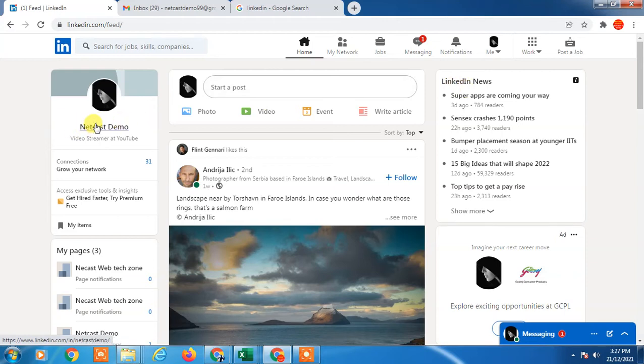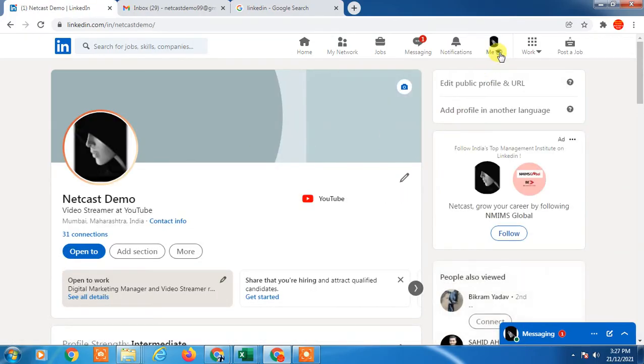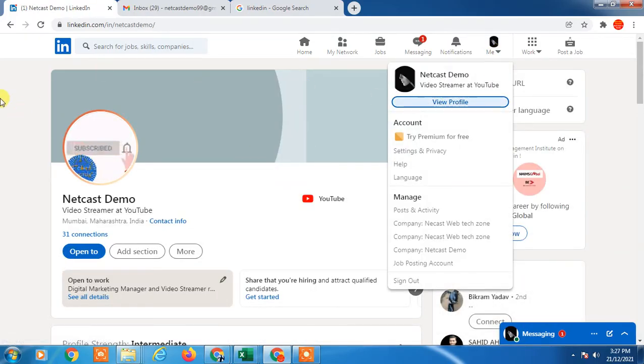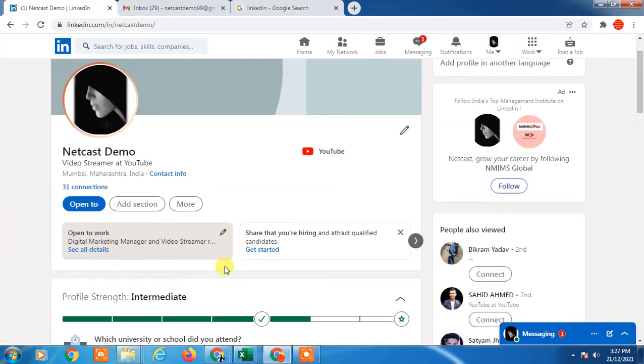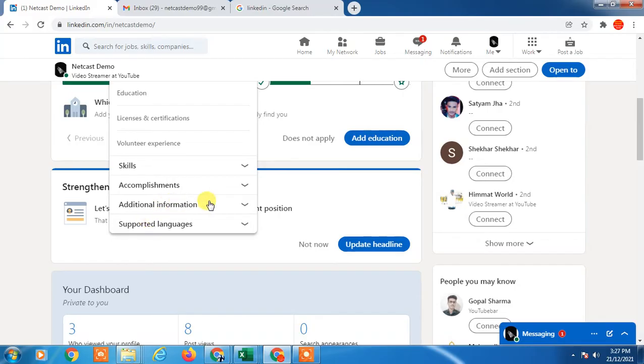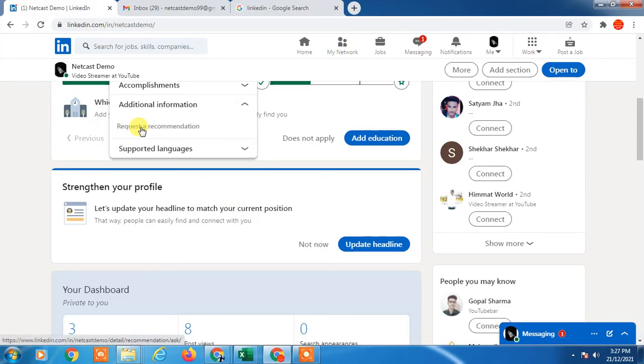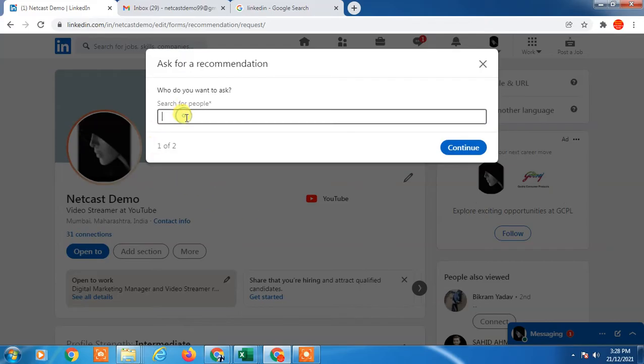Go to the profile, log in, and go to your profile page. Click on your name, or you can go from here to the profile. This profile will open. Now, in order to ask for a recommendation, just click on More. Click on Add section and go to Additional information, and here you can see Request recommendation. Just click on it, and here you have to search people